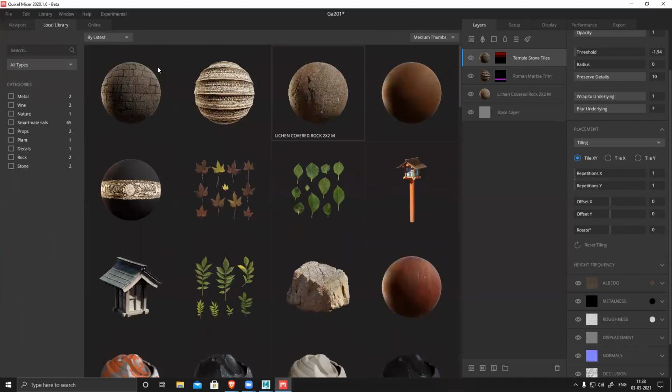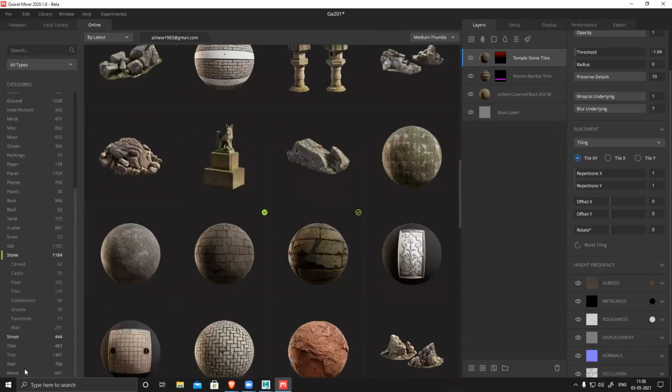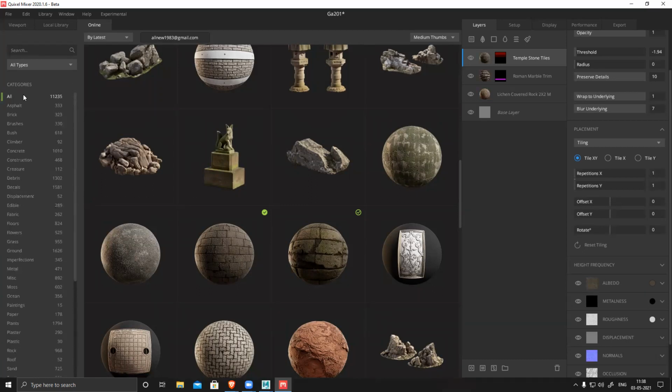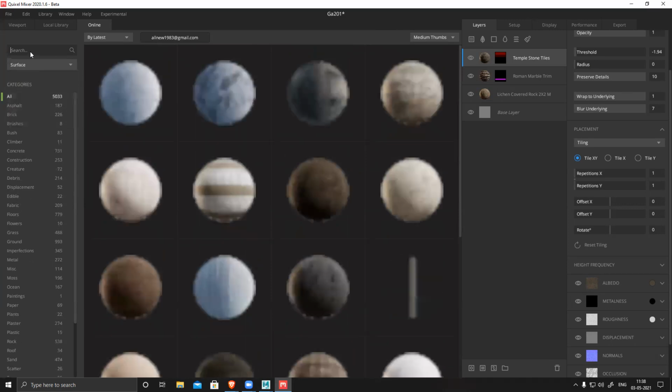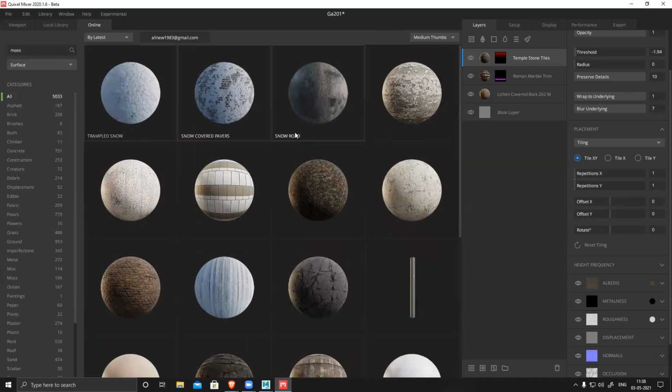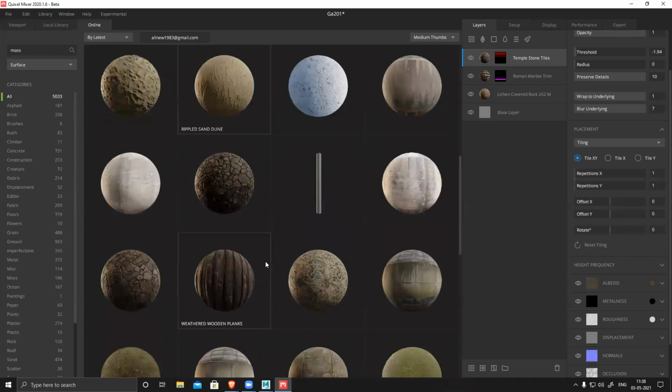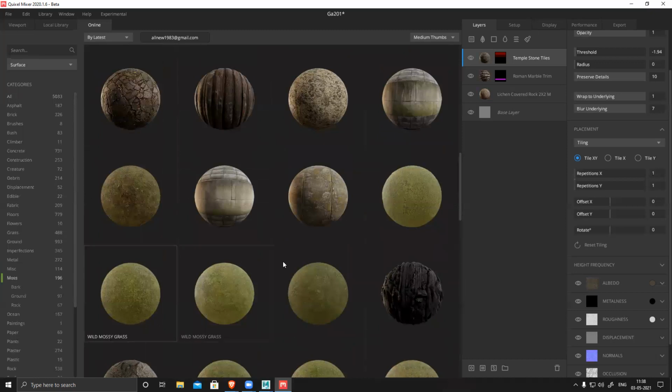yes, I have moss. Surface moss. It's not working. I can see moss.